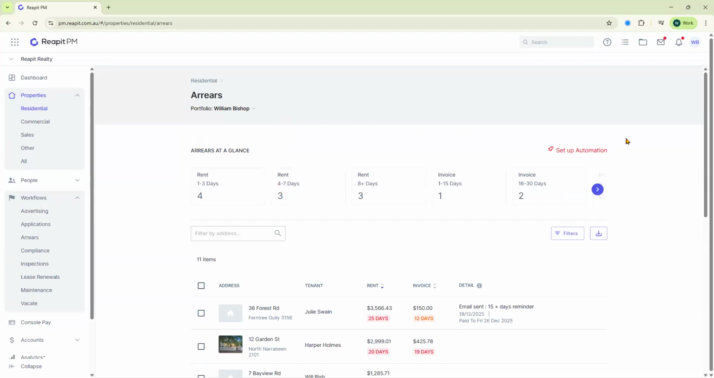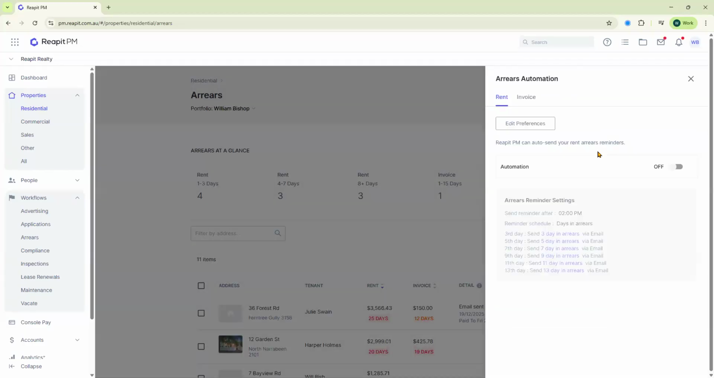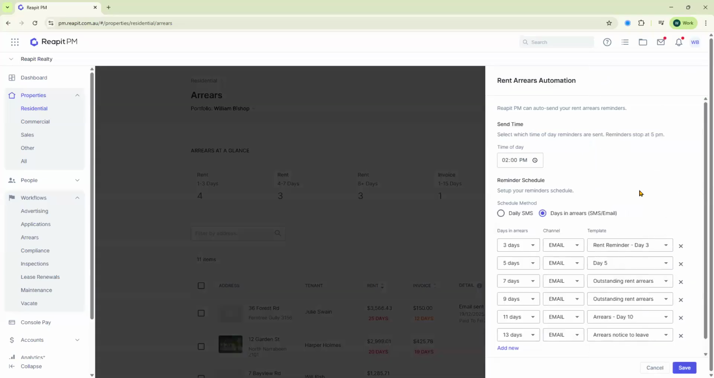Now, the arrears workflow comes with arrears automation. And if you're new to the system, it's worthwhile checking this out. If it hasn't been set up, it'll be in red. And you have the opportunity to come through here and configure that. Just click Edit Preferences and go through and configure that to suit your needs. If it has been set up, it'll appear in green and you can still come through and check it out. Because it's not a bad idea if you're inheriting a portfolio to understand how the arrears is communicated by this